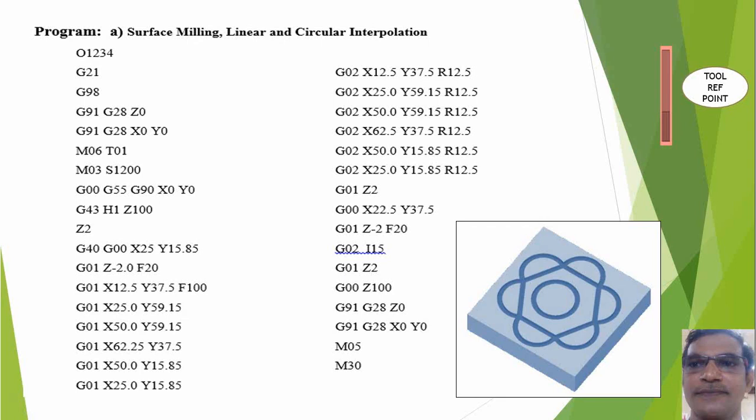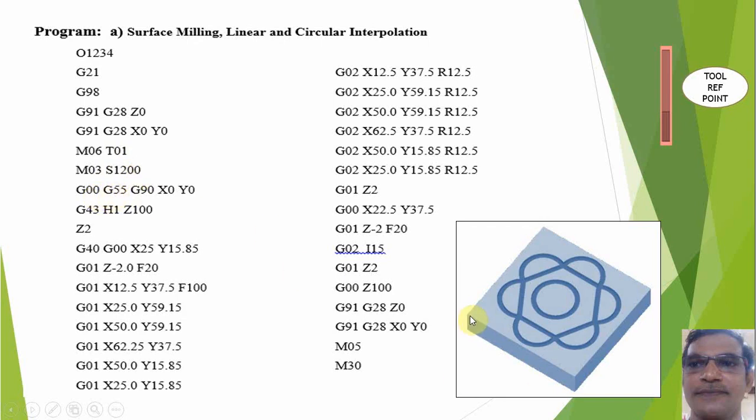Next, incrementally we have to move the cutter to the reference point. Why? Because now we are going to change the tool. For that incrementally we have to move. Okay, now the tool is at home point: G91, G28, X0, Y0. Next one is tool changing. At the reference point we are changing the tool, calling the first tool T01 and giving some speed to the spindle, some rotation with S1200 RPM, and then bring back the cutter to X0, Y0.